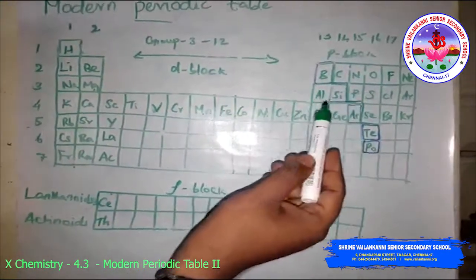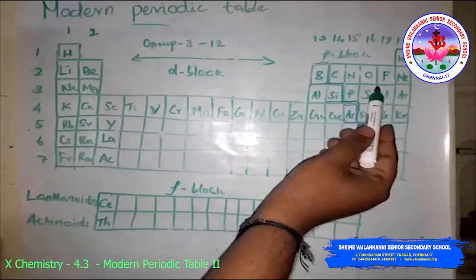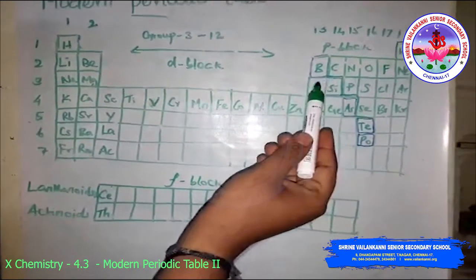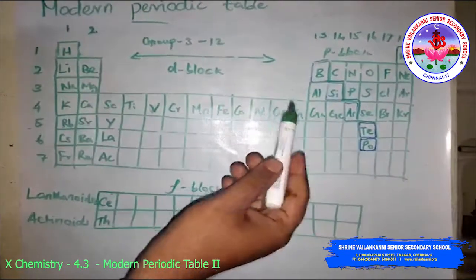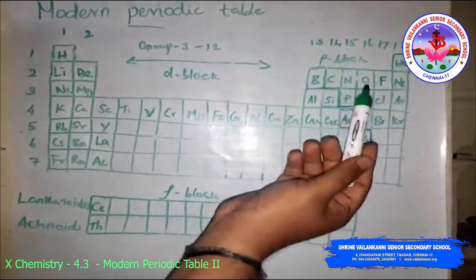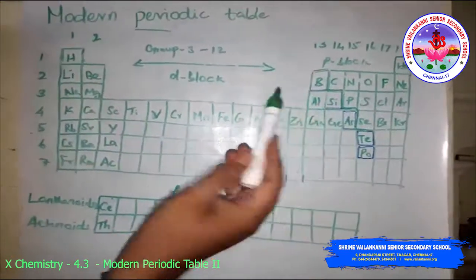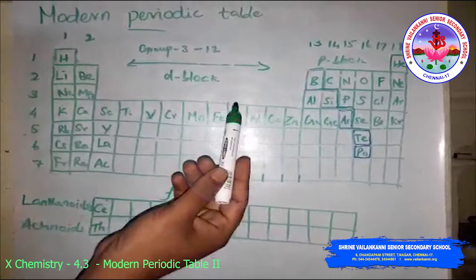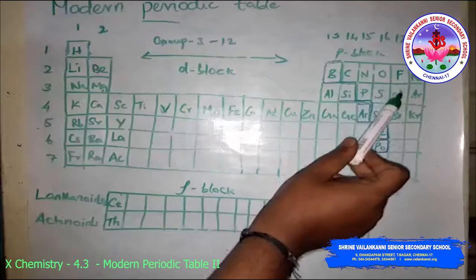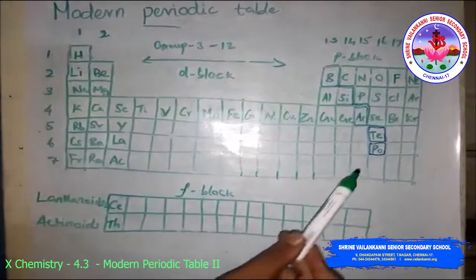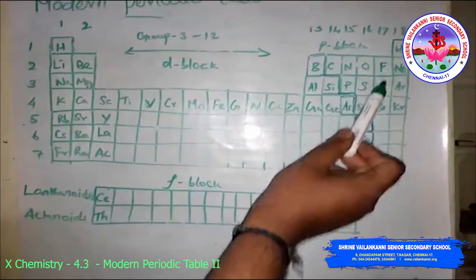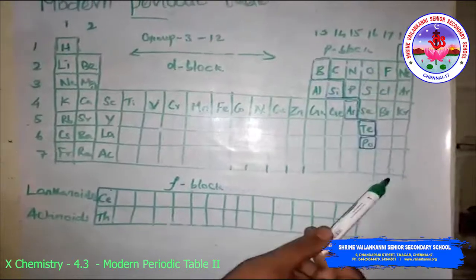Here they tend to form bonds by gaining electrons. So let us learn about the variation of the properties, that is, how the tendency to gain electrons changes from left to right across the period, and how it changes as you go down the group. See, look here, already we saw fluorine, chlorine, bromine have the same valence electrons, but fluorine is the highest electronegative element. Down the group, the electronegativity decreases.